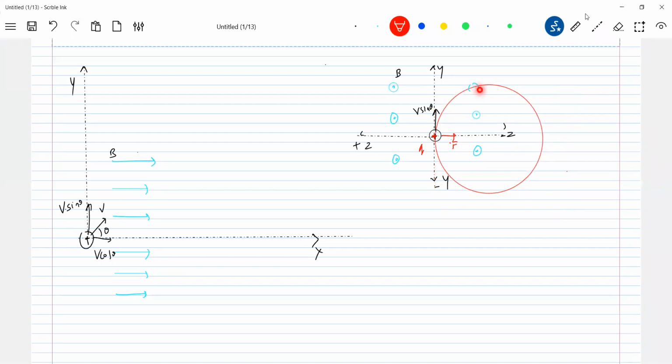So what is the path of the particle? It is going to be a circular path, and let this be the center. This is the negative z-axis. Now this will be the radius r. So in the plus or minus y minus z plane, it's going to describe a circular path. That's the basic thing. And everywhere here, the magnetic field will be present. It's a uniform magnetic field, no?